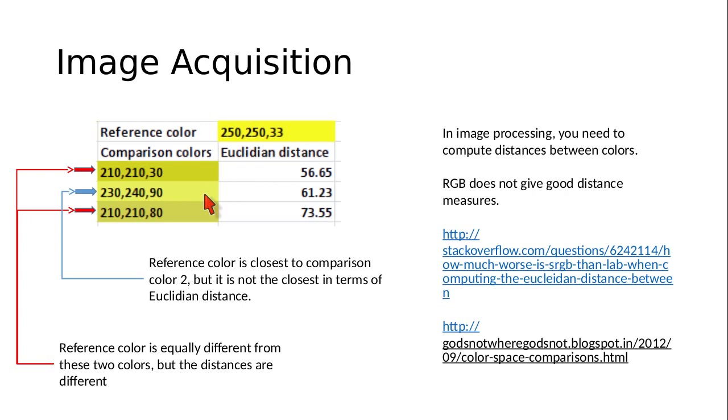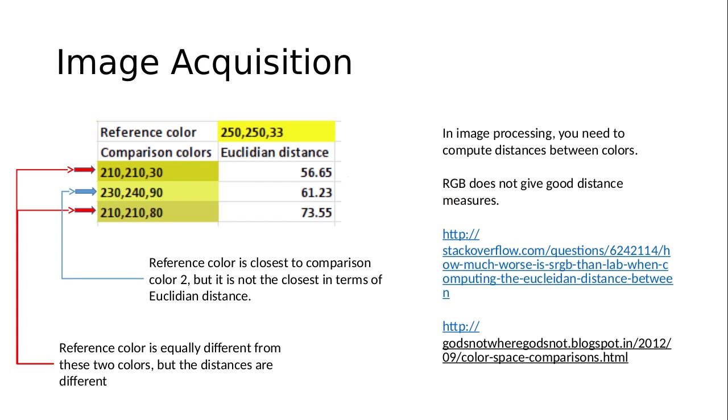So for example, if I told you to compare different qualities of oranges, right, you are looking for a certain shade of a certain color. Or if I asked you to compare mangoes, mangoes are green in color, but mangoes can have different shades of green. If I told you that a specific shade of green is what I am interested in, you have to ensure that you are not using RGB to do the distance measure, because even though the different shades of green are the same, in the RGB space they might be different.